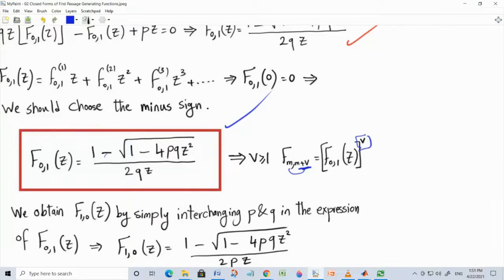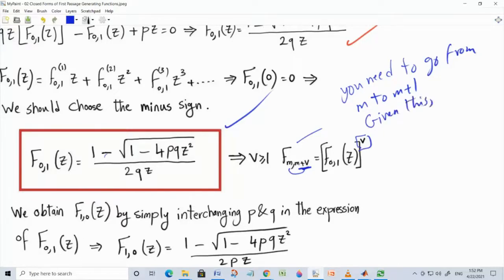You will have to go from m to m plus 1. You will have to go from m. So this is sort of the intuition. You need to go from m to m plus 1. And then given this, you need to go from m plus 1 to m plus 2. Given this, once you reach one state m plus 1, then by the strong Markov property